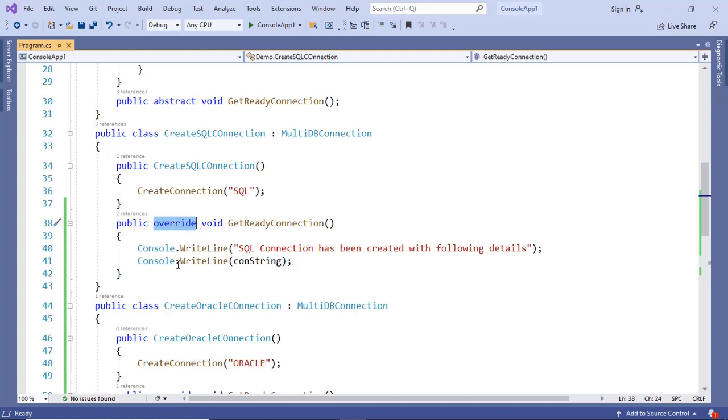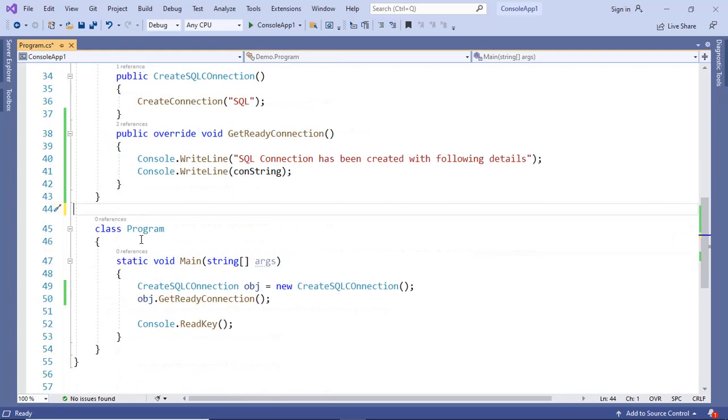So in this method, we have two statements. In the first statement, we are printing that the SQL connection has been created. And in another statement, we have the con string variable or member variable. So this is protected. That's why we can access this con string variable in this class. Now we have a main class.